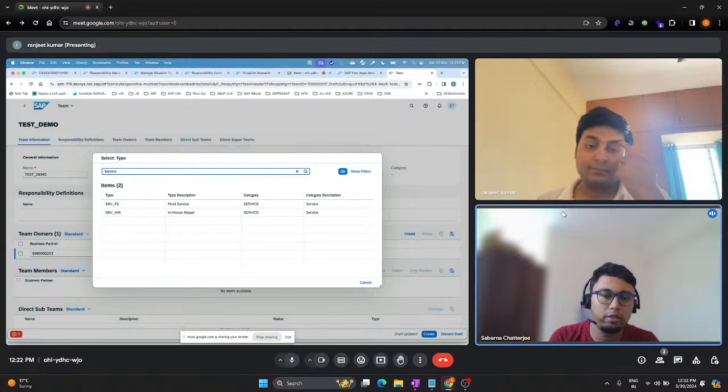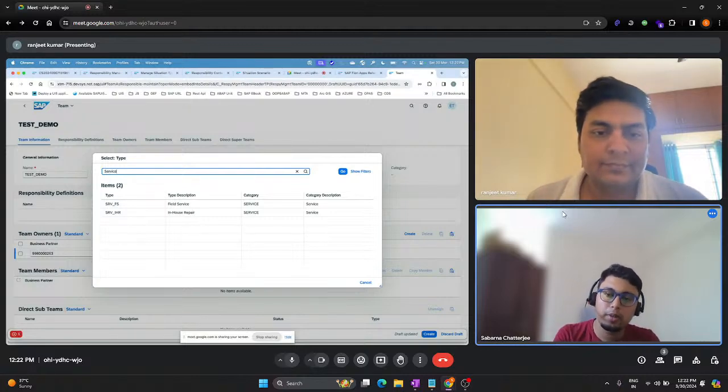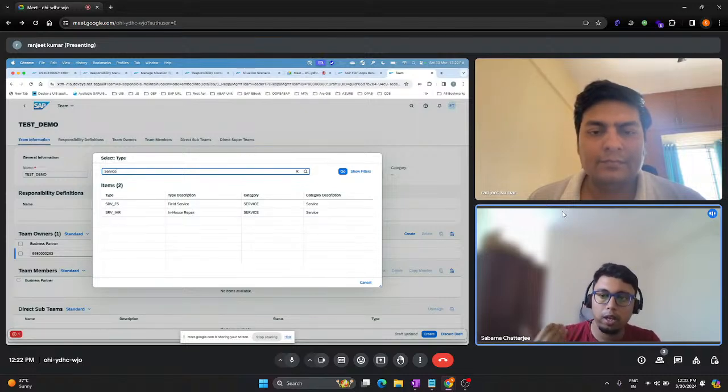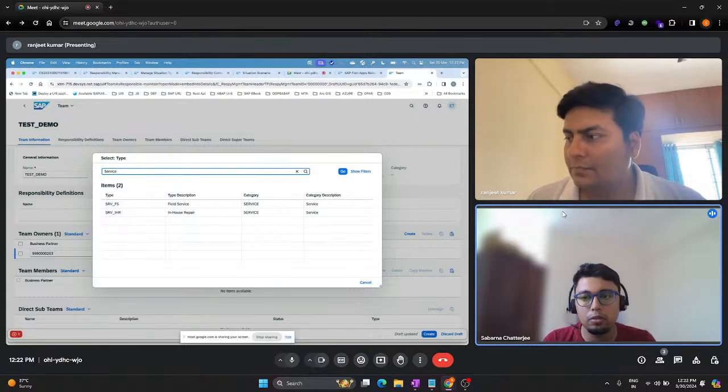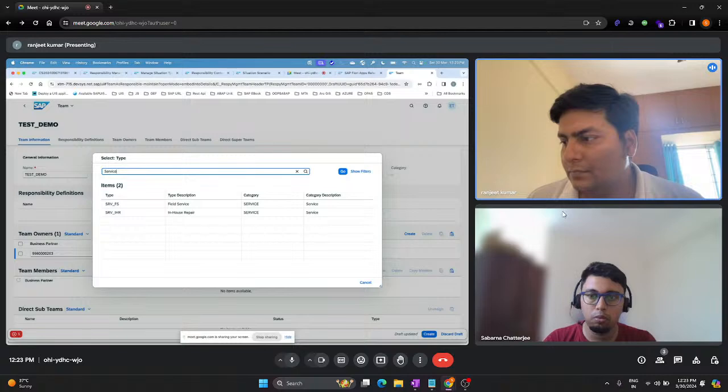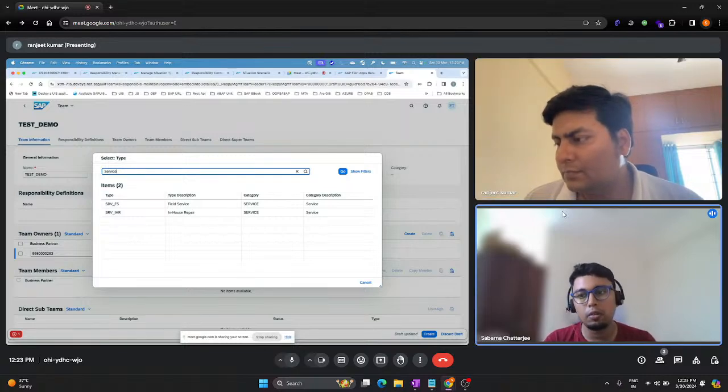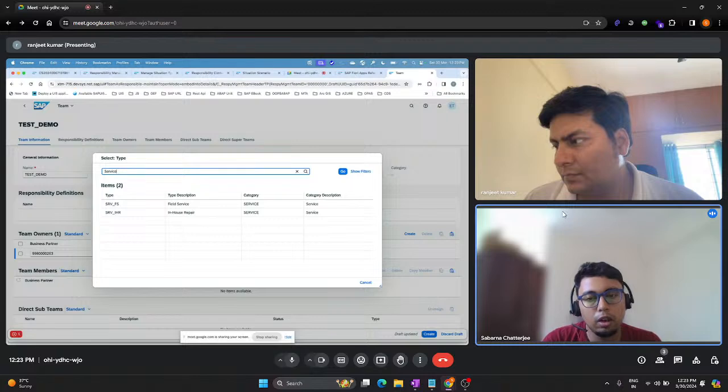I have a question here, Ranjit. The categories are actually specific to business processes, right? Say I have two different plants, one in India and another in a different country, say Belgium. Those processes might be different, and those service lines or types might be different. They might have two different inherited types inside them. But if I want to consolidate both of the same scenarios in a single stack in SAP on-premise, how can we configure this, Ranjit?